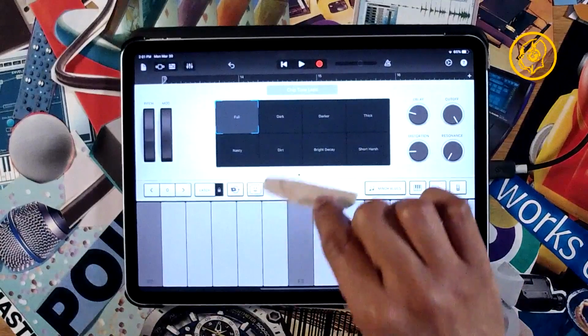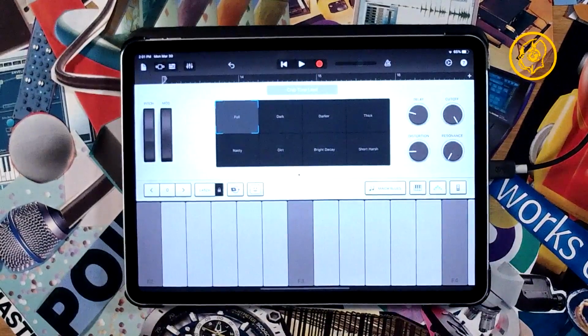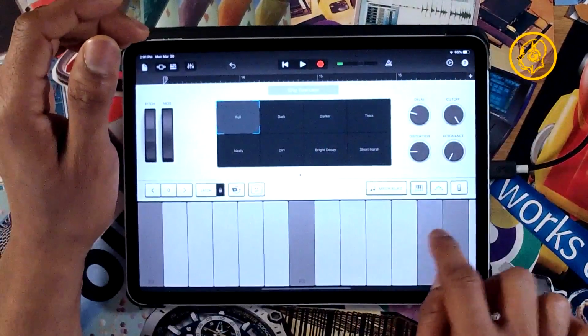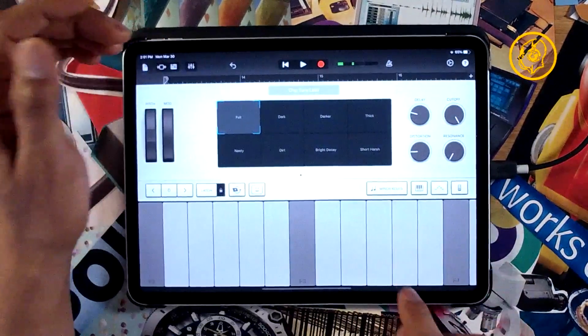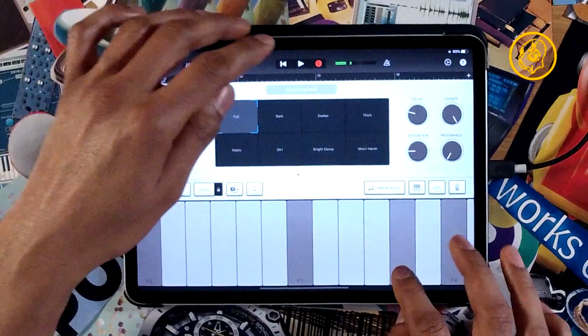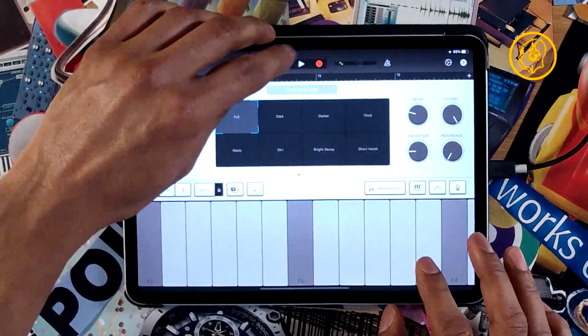Oh, my collage is coming to real life, right? All right, let's wait. Remember, positioning is everything over here. Let's find out what we want to play.